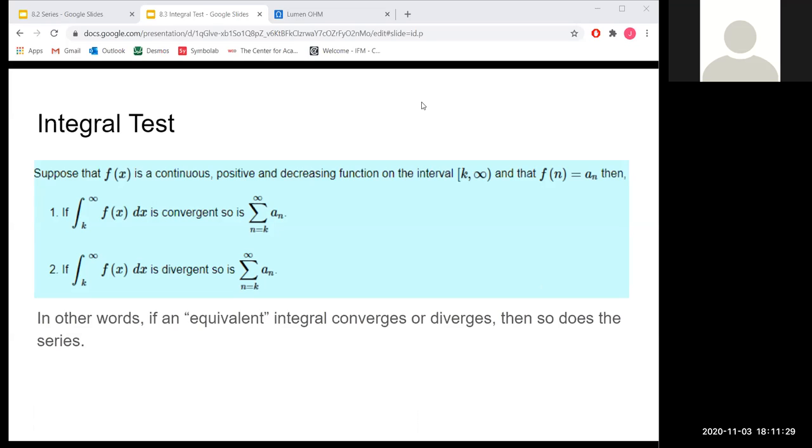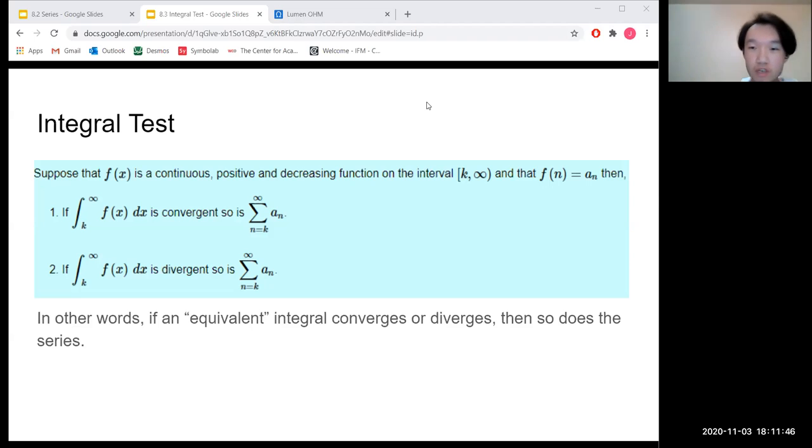Where values are going down. Yeah, negative slope is fine. So as you look at the graph from left to right, it goes down. So that's decreasing. So as long as those three conditions are filled, then you can do this test called the